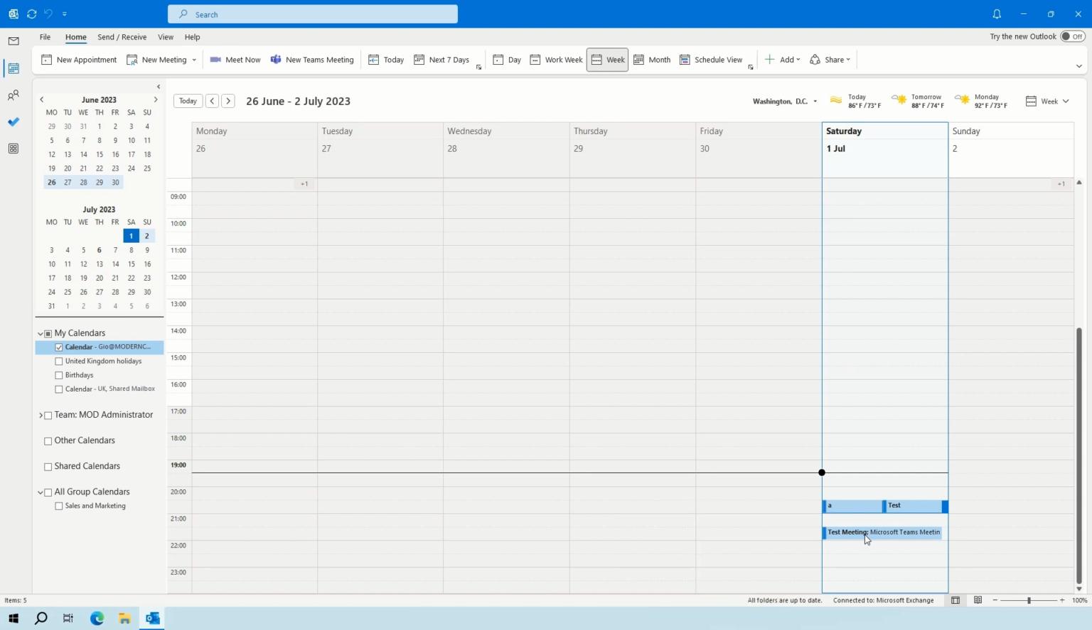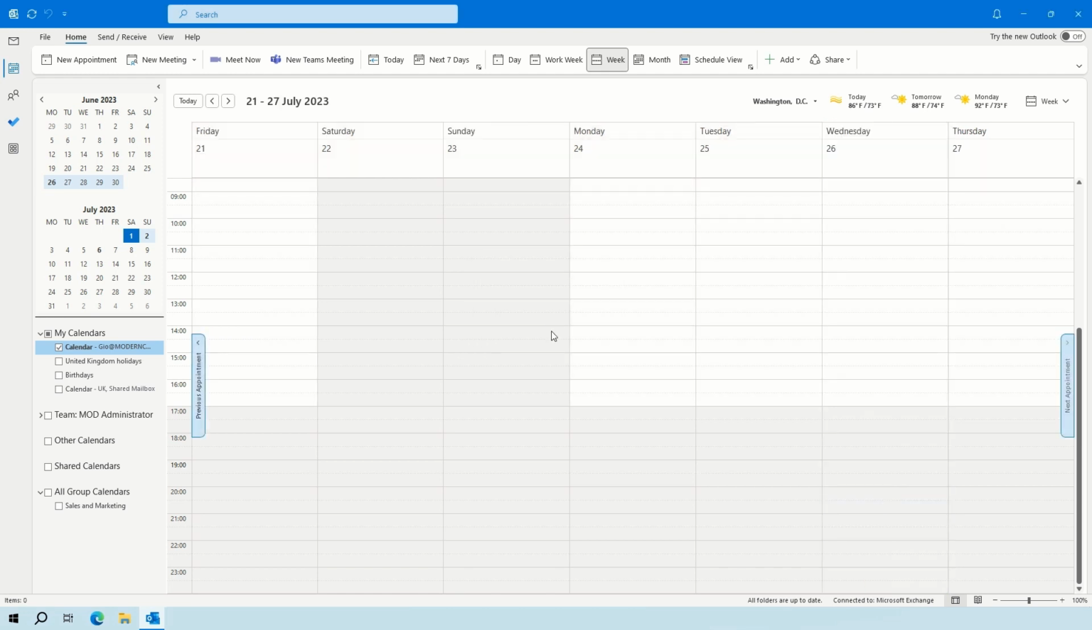We can also go to any day with ease within Outlook's calendar. If we hit Control G, we will get this go to date window. And with that, we can then select a date in the future. So say I want to go to the 27th of July, I can hit OK, and now I'm on the